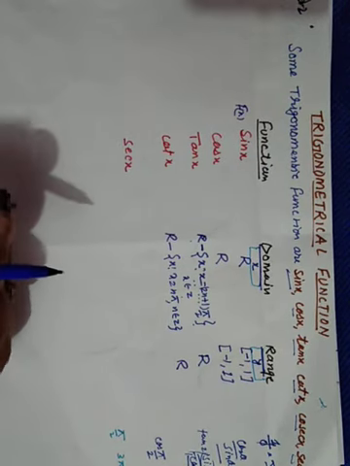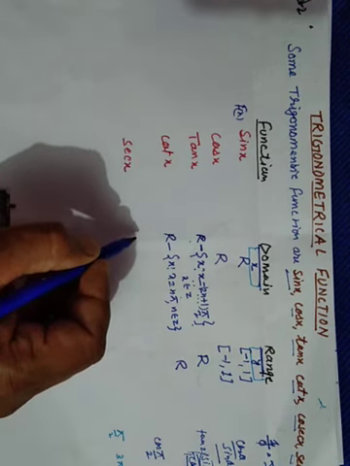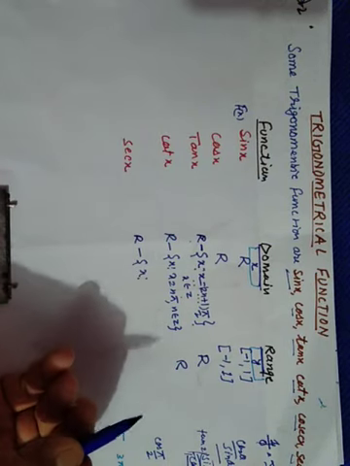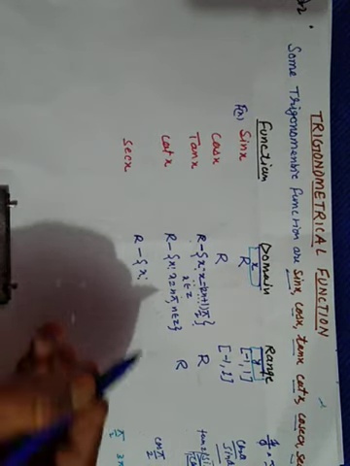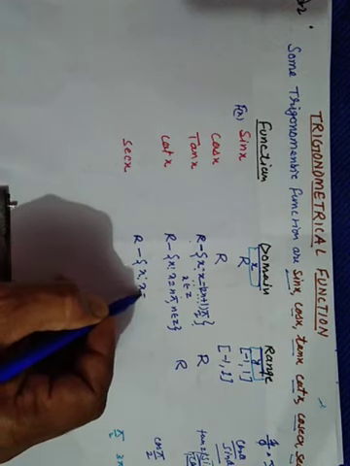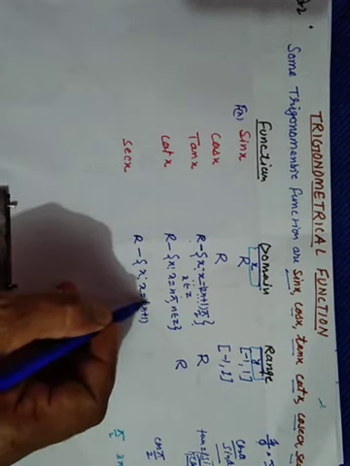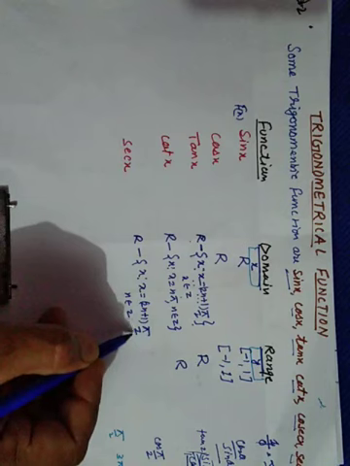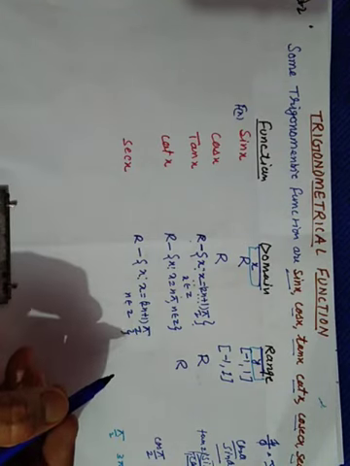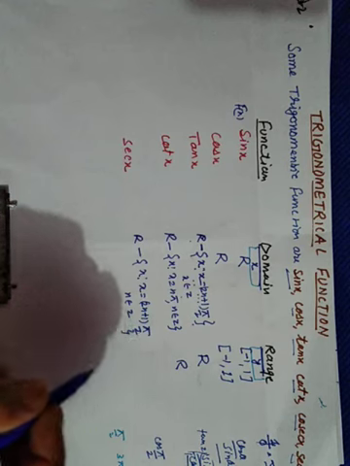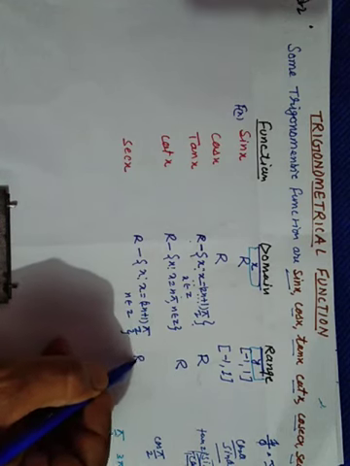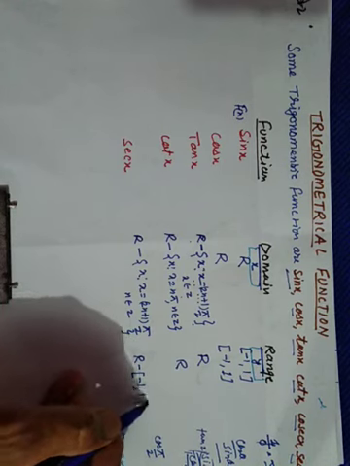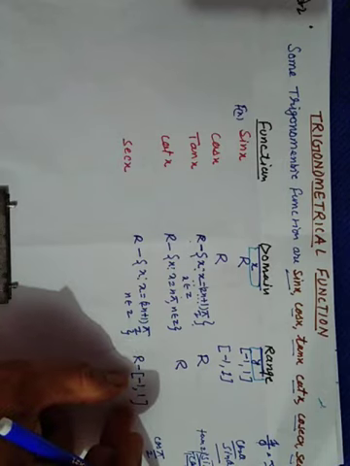Now we go for sec. Sec is defined for all real numbers, again except where cos is 0. So cos is 0 at odd multiples of pi by 2, that is x is equal to (2n plus 1) pi by 2, for n belongs to integers. Clear? Now the range is all real numbers except -1 to 1. We will not get any value between -1 and 1.